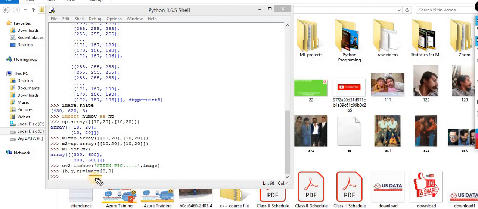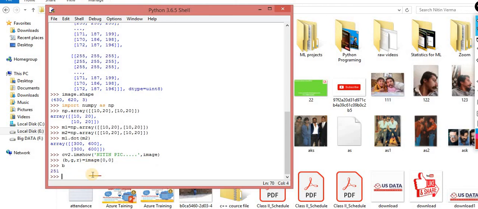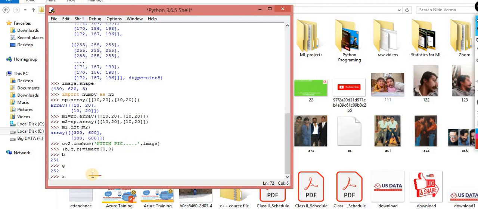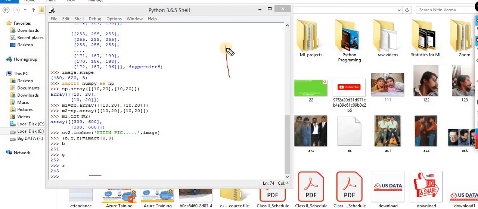Now what do I have to do next? Captured it. Let me print the information for the same. Let me print this B, this G, and this R. Now you can check it out. I captured from the image row 0 and column 0.